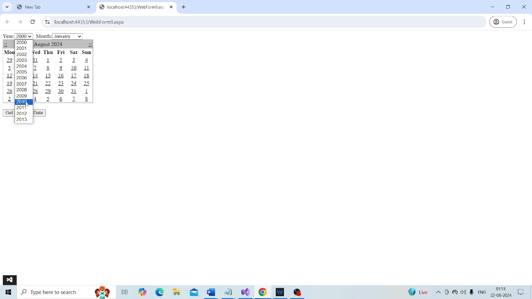Look at this, as soon as the year changes, the calendar flips to 2011, and it is changed to January of 2011.